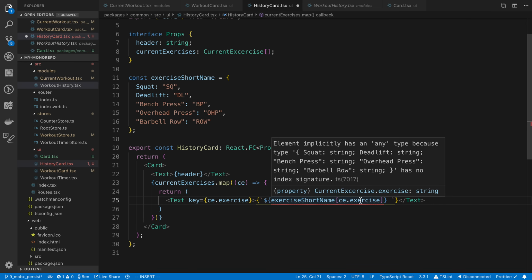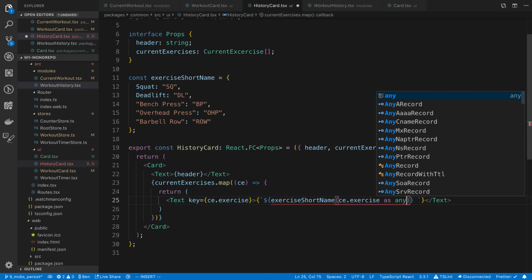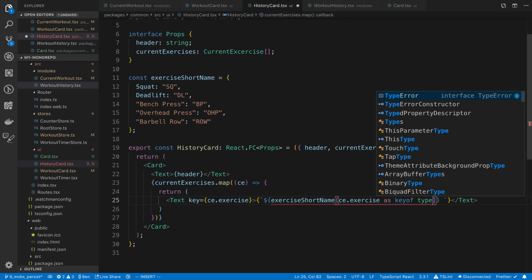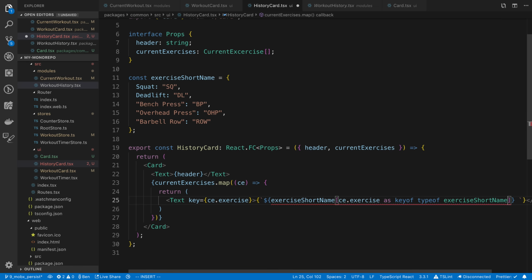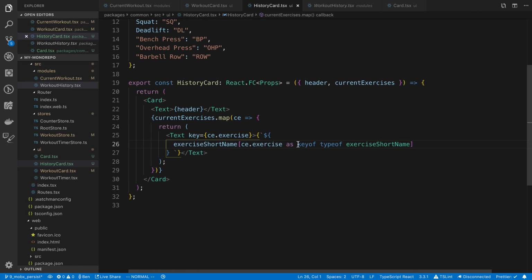And I'm guessing it's going to get mad at us because it's not one of these keys. So I'm just going to say as any, or you know what? I think it actually wants us to say key of and type of exercise short name. There we go. So basically the reason why I had to do this particular notation, so this is a TypeScript